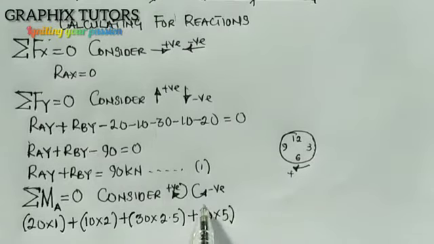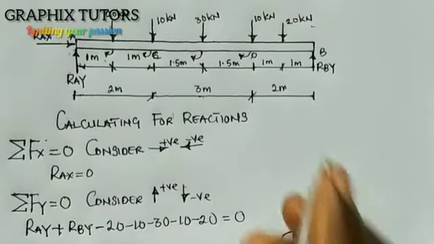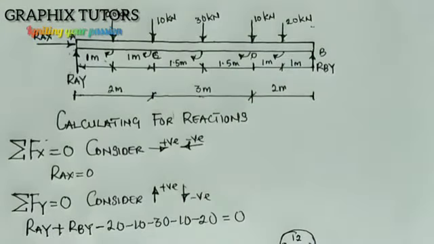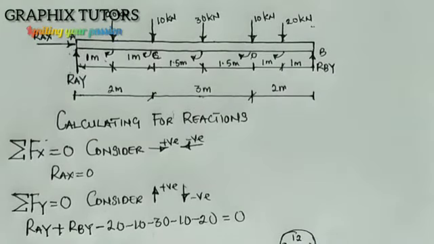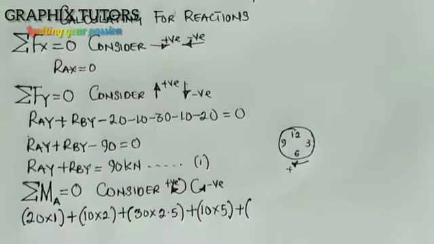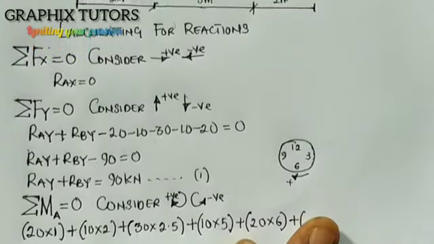So the next one will be 20 coming this direction, right? So it will be 20 times the distance from here to here, and that is 6. So 20 times 6. So let's go there and input 20 times 6, right? Then plus the next one is this